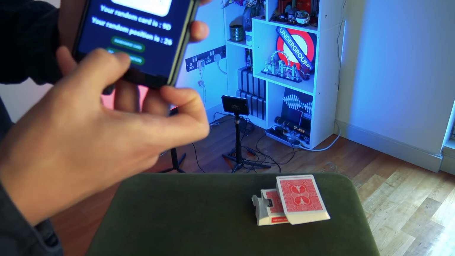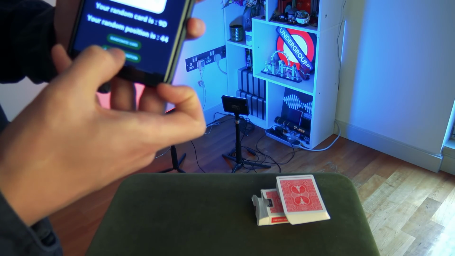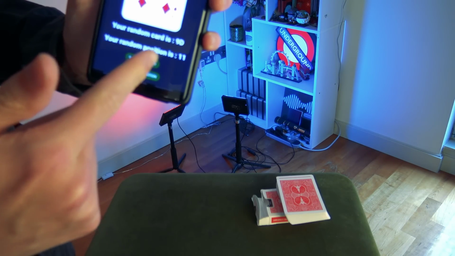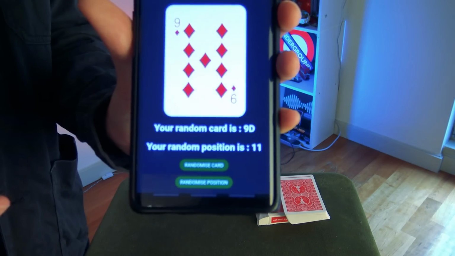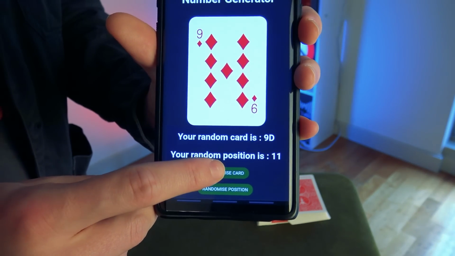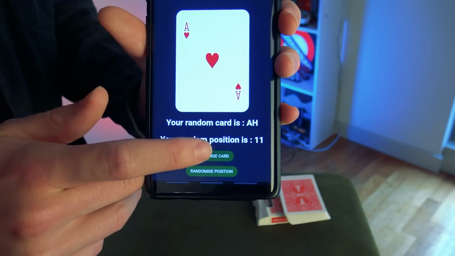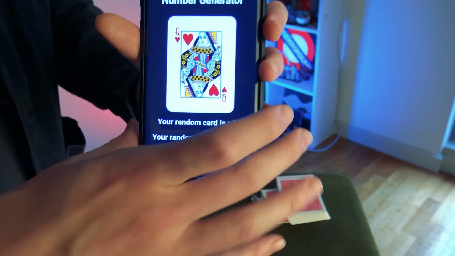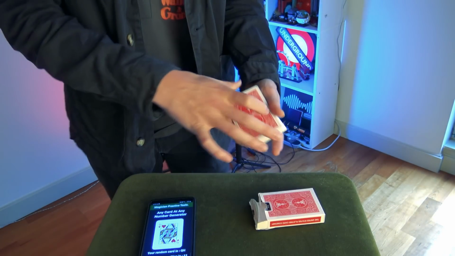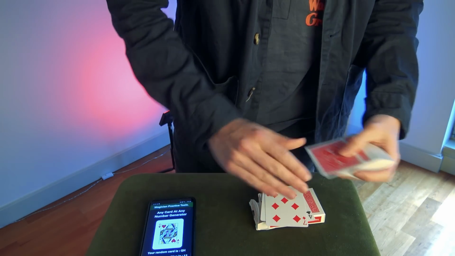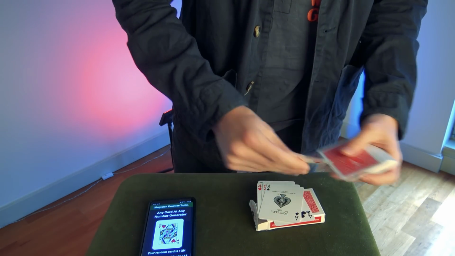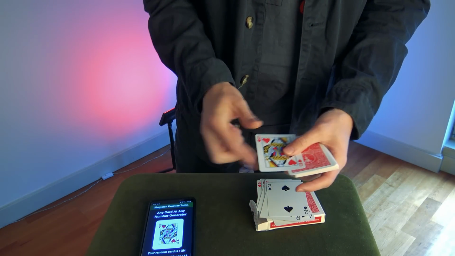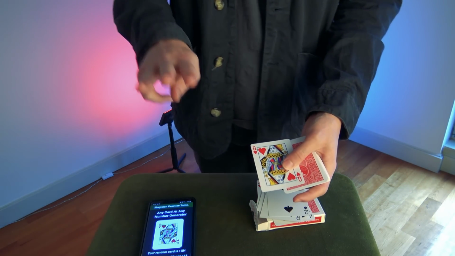So in this case, we can change the number as much as we want, and I'll get a nice low number to demonstrate. Here we go, 11. So I've changed the number as much as I want to 11. Now if I tap randomize card, that isn't it. But if I tap it again, that isn't it. But if I tap it again, Queen of Hearts at 11, that is it. So on the third click, 1, 2, 3, 4, 5, 6, 7, 8, 9, 10, 11, the Queen of Hearts. So now it's the third click.